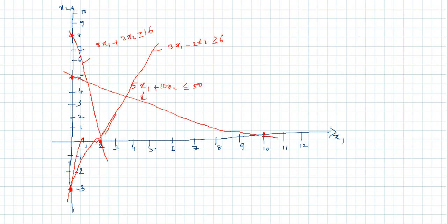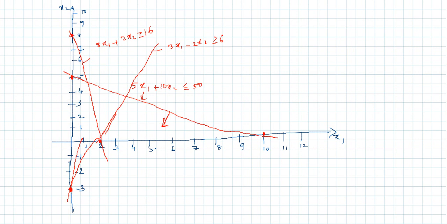If you take any point like 5 comma 2, you'll get 25 plus 20, which is 45, which is less than or equal to 50. So the feasible region is downwards. It is indicated in this arrow. And if you take this line, it is 8x1 plus 2x2 greater than or equal to